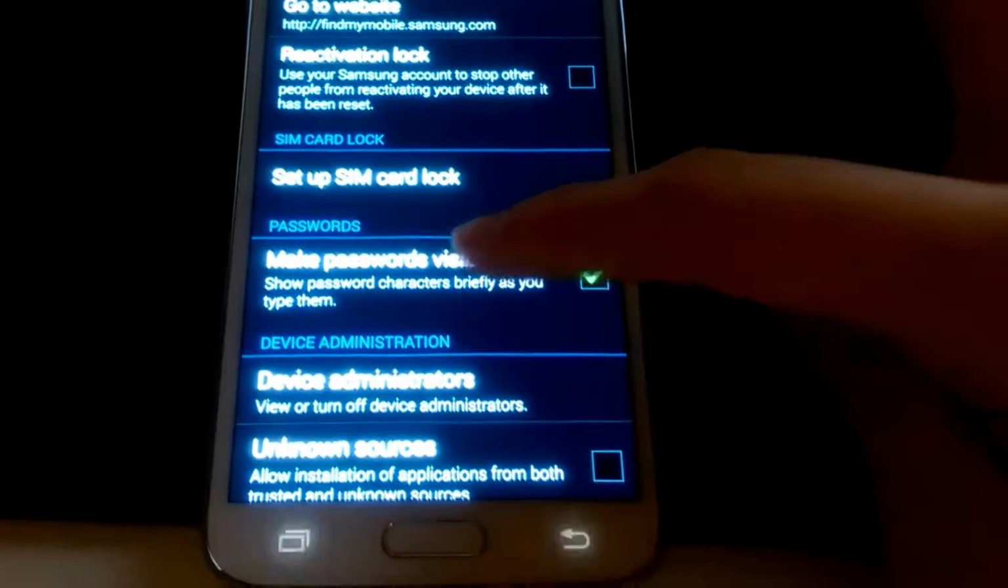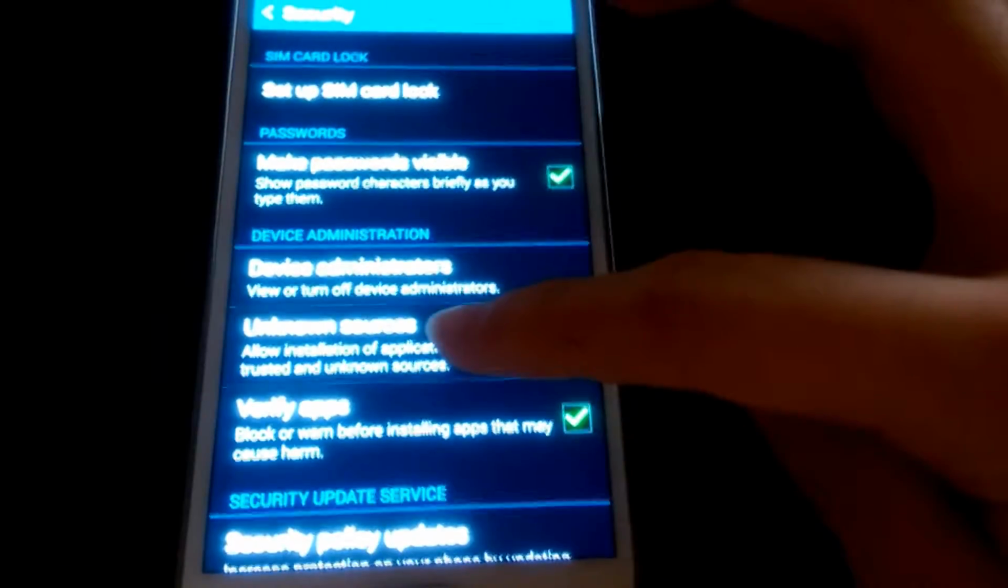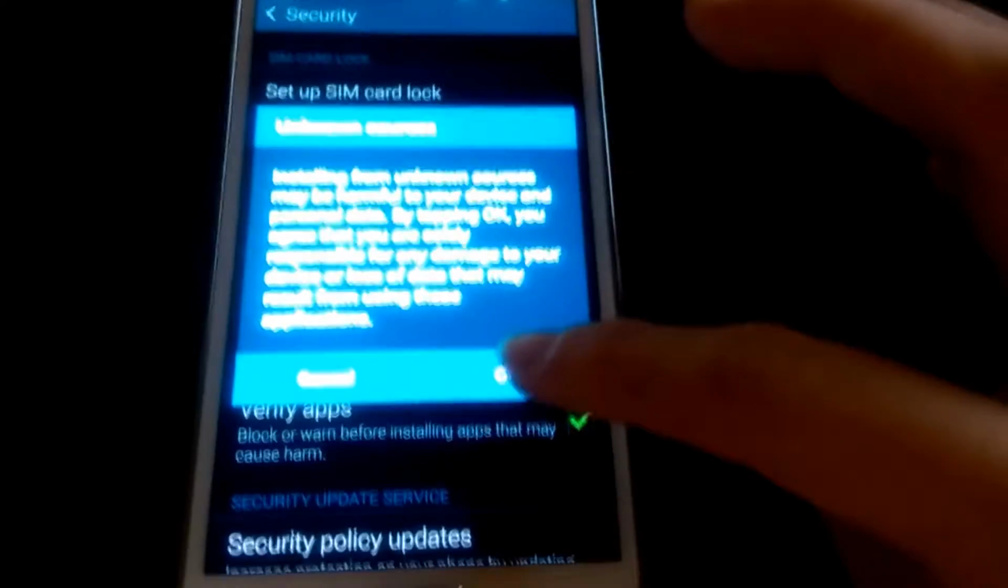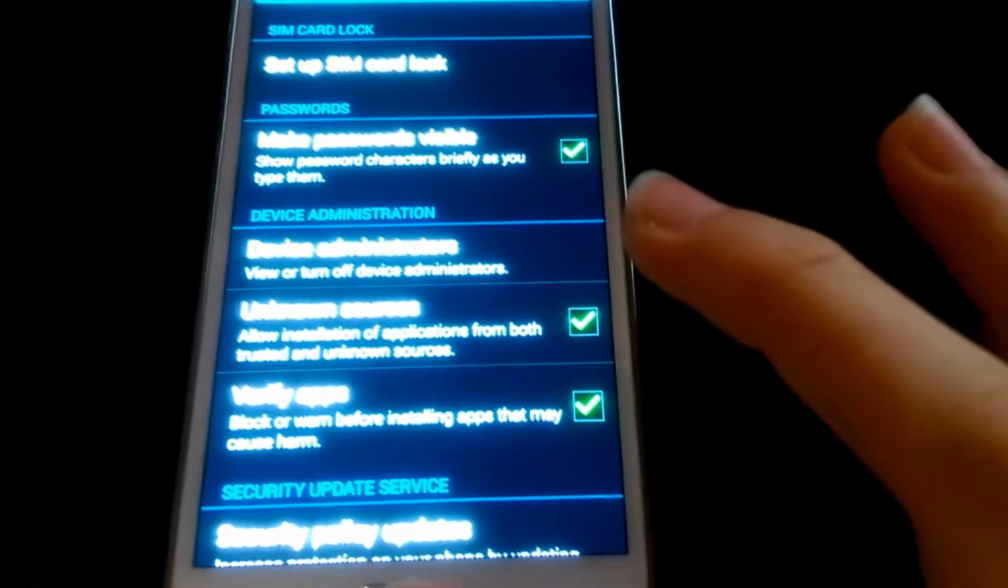And then you're going to scroll down until you get to unknown sources, and you're going to check this box off, because we are obviously downloading an application from an unknown source right now, because we're not going to do it through the Google Play Store. So once you have that box checked off, you can go back towards your home screen,